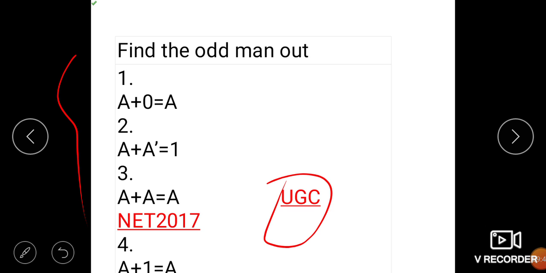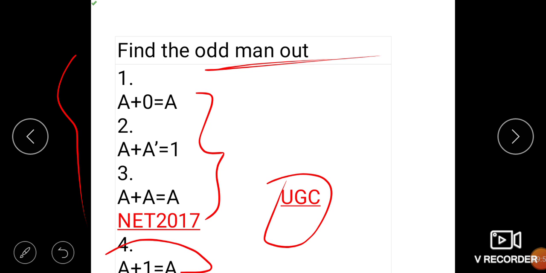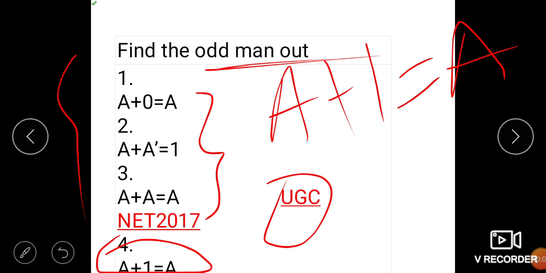Okay, so now this question is to find the odd one out. So a plus 0, and so on: you have to find which are true and which is false. Here a plus 1 equal to a is not true.